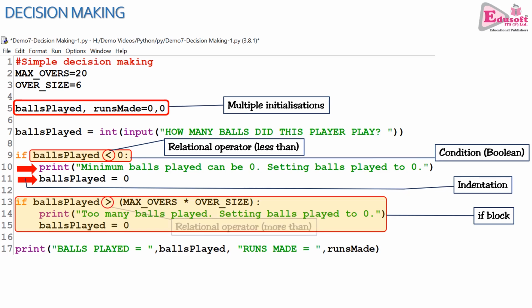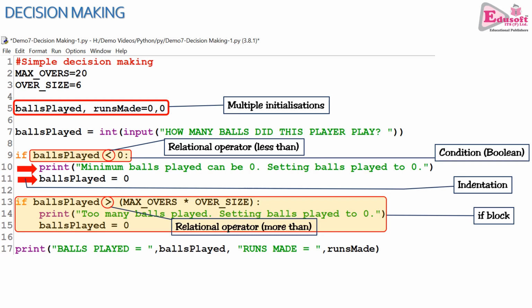If you see line 9, the balls played variable is being compared for being less than 0. So suppose the user enters -1. In that case, this condition will return true because -1 is less than 0.